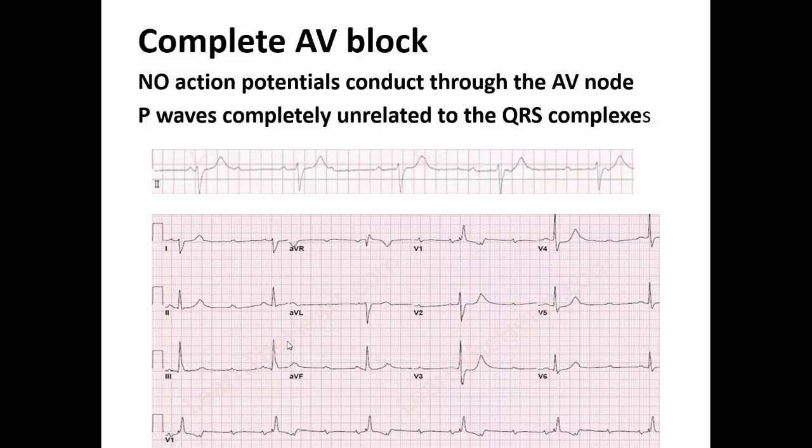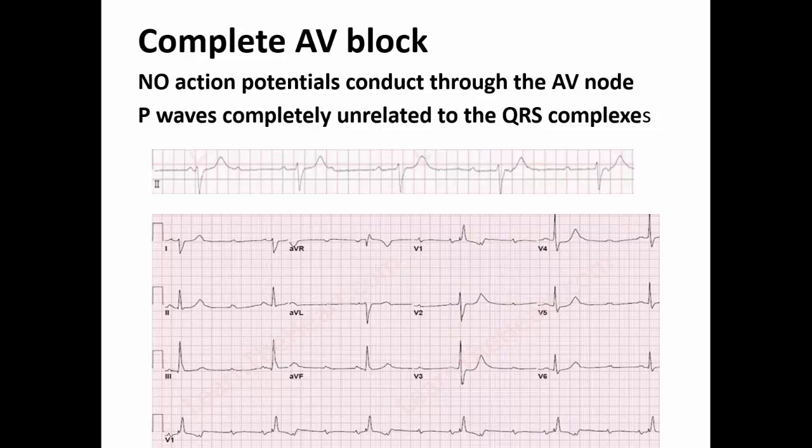Complete block means that the electrical pathway between the atria and ventricle is not complete. There's no communication between the atria and ventricles. And what you see with that is you just see P waves marching along and the QRSs aren't at all related. When you see that, if you remember from the beginning part of this lecture, ventricular rates tend to be